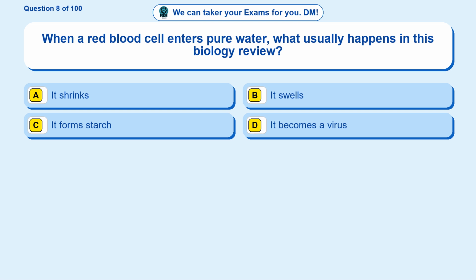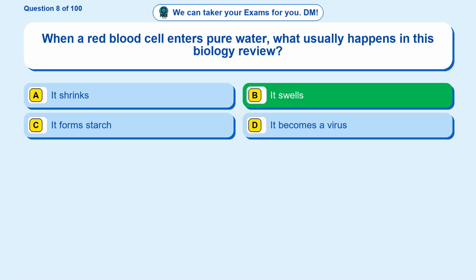Question 8. When a red blood cell enters pure water, what usually happens in this biology review? Option A, it shrinks. Option B, it swells. Option C, it forms starch. Option D, it becomes a virus. The correct answer is option B,